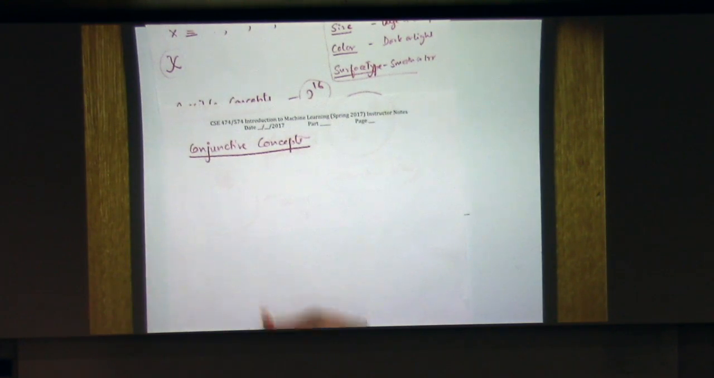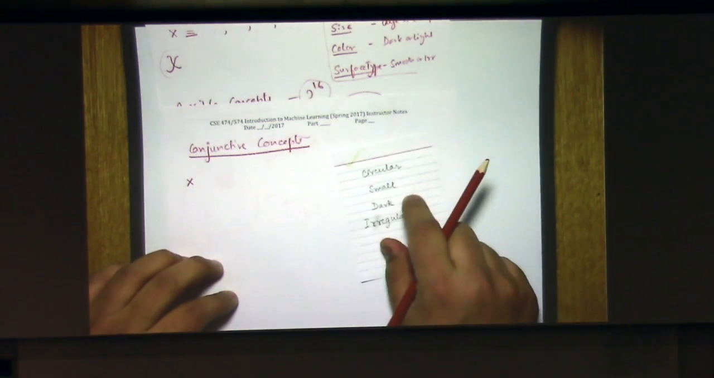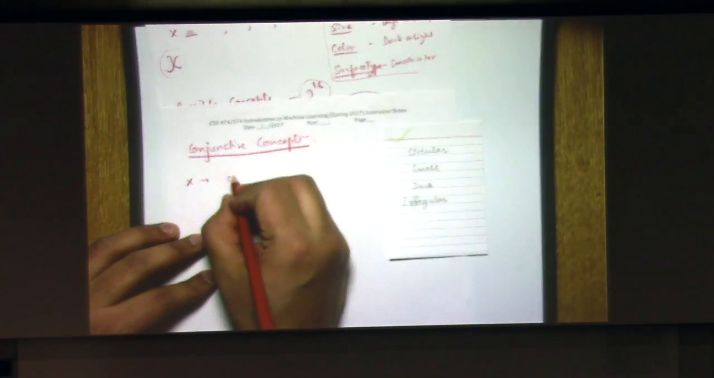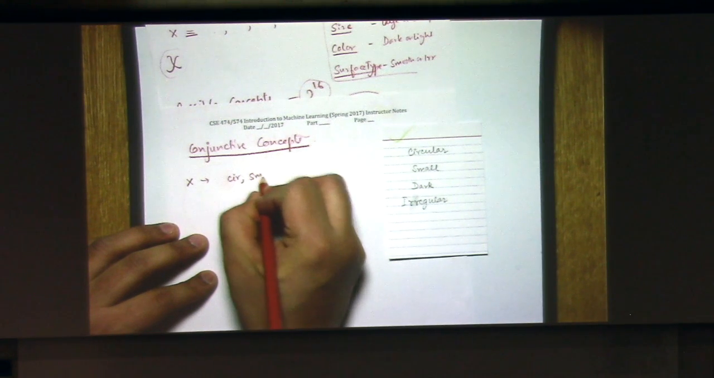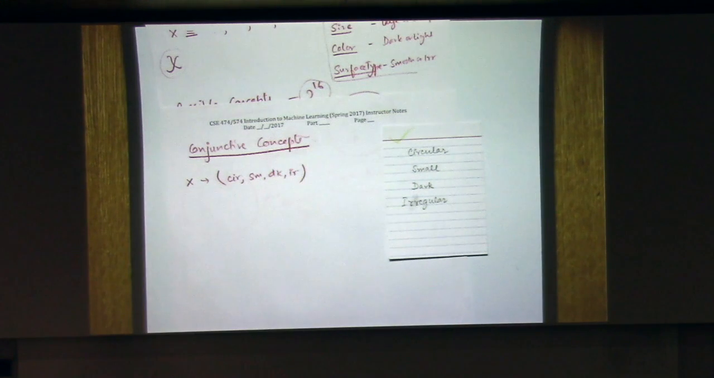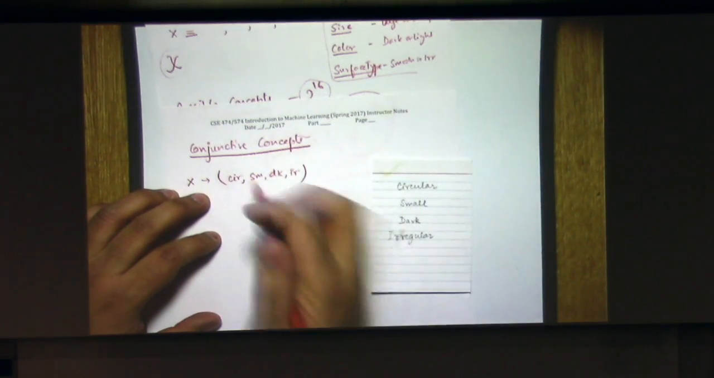But before understanding conjunctive concepts, I need to tell you a little bit about our representation. Remember, every object X can be written like I wrote here: circular, small, dark, irregular. So I can write it in a line as a vector with 4 values: circular, small, dark, and irregular. That's a representation, but I don't want to write so much. So I'm going to write it like this: